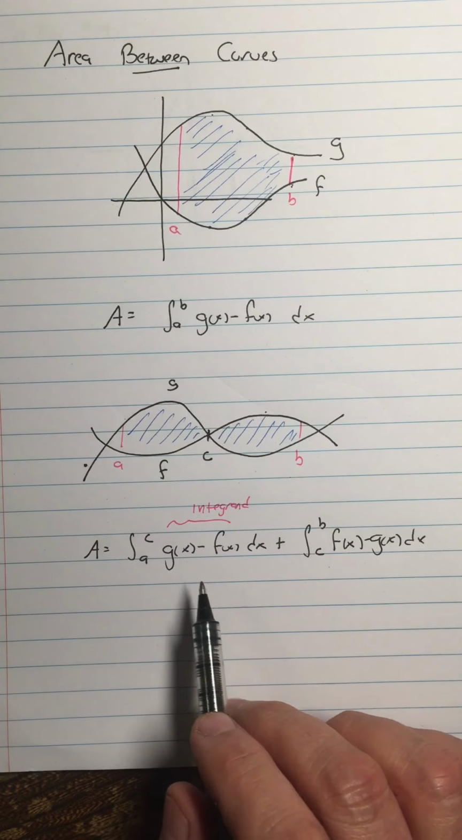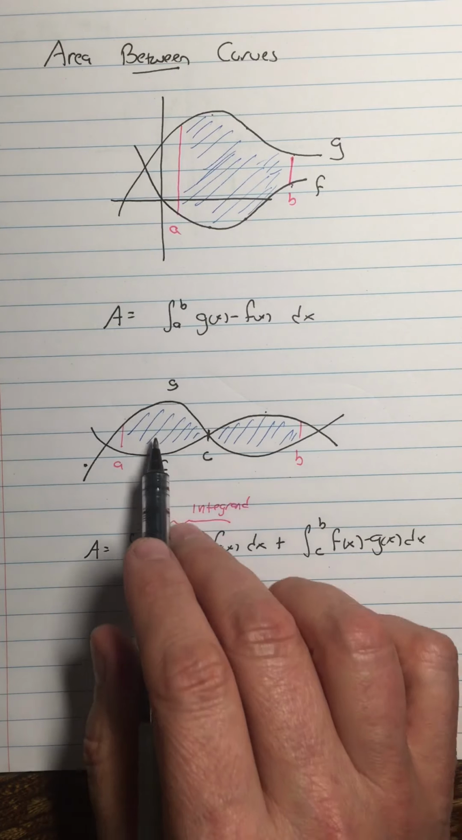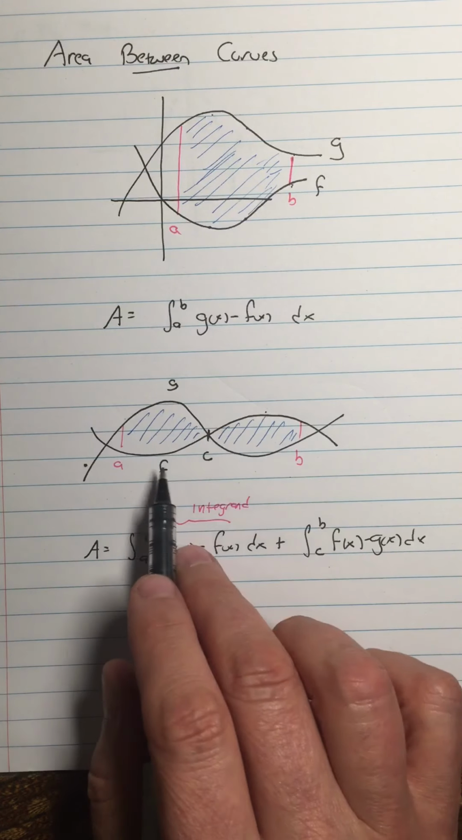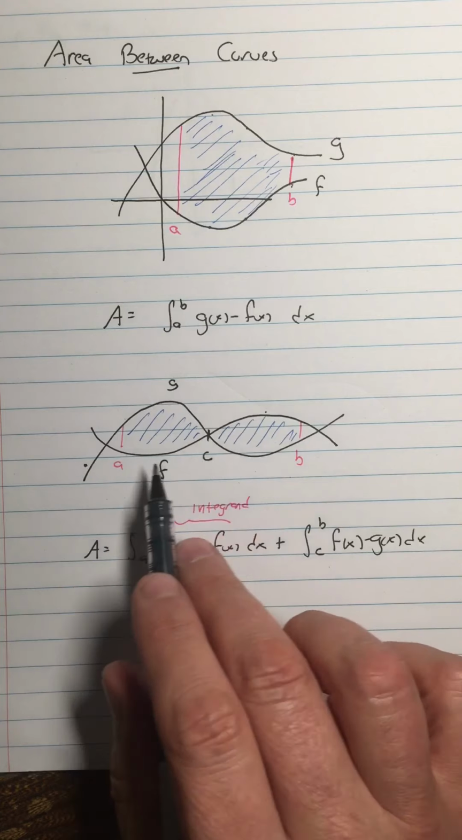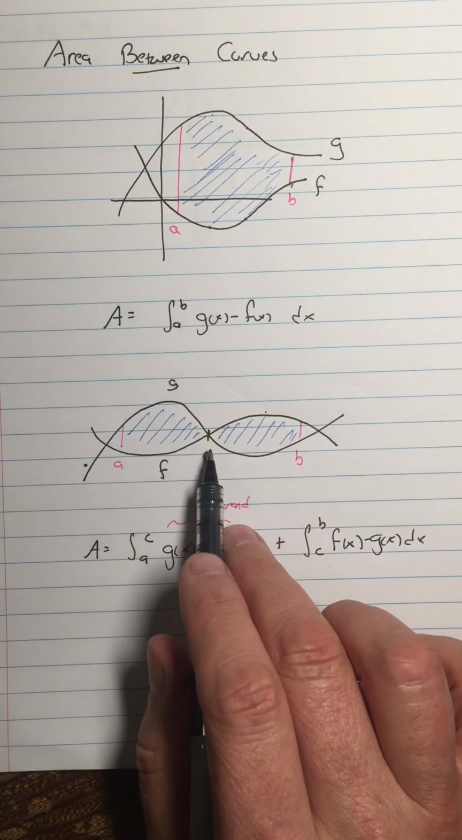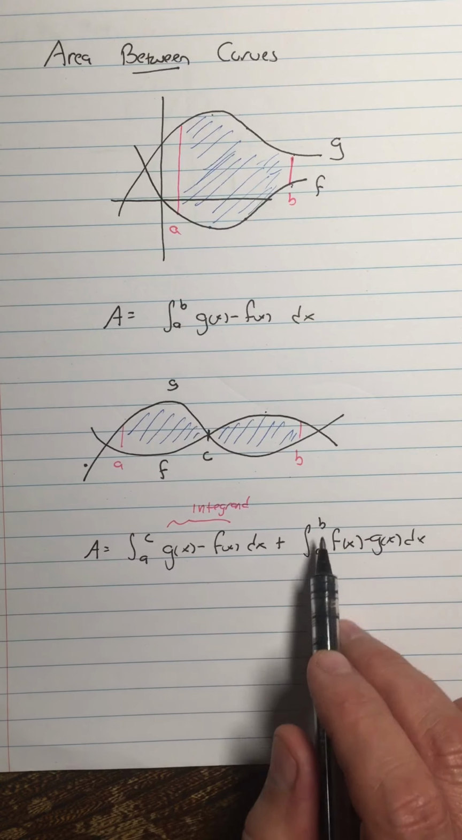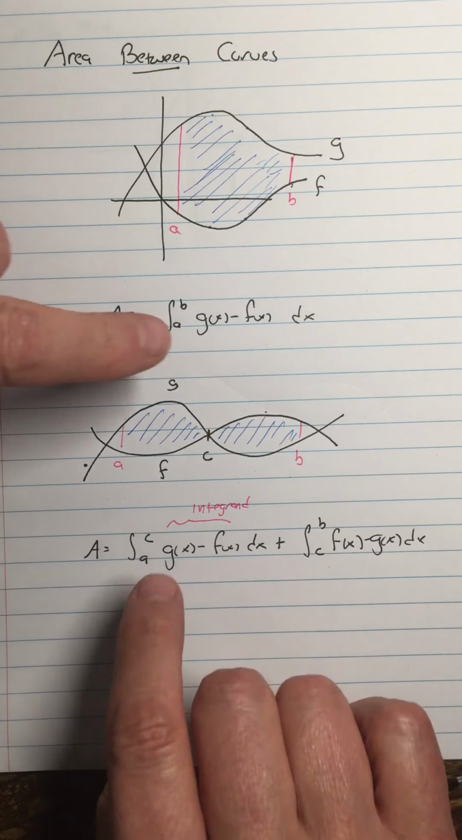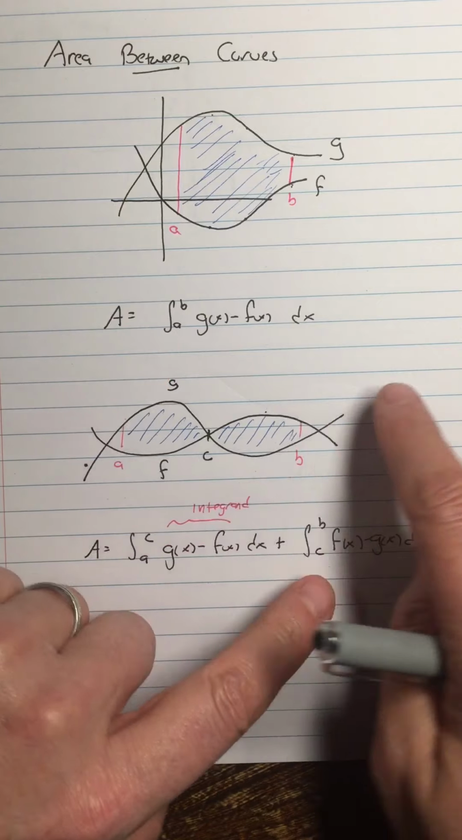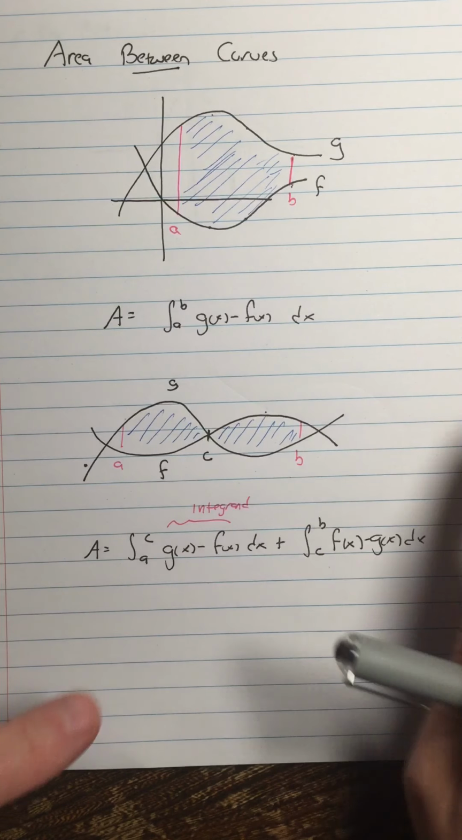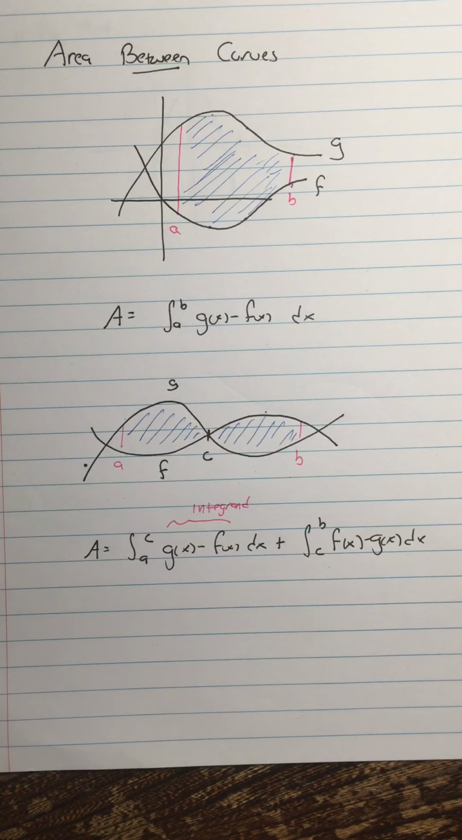Anyway, so if f and g change place, then I have to break up the interval from a to b. I have to break it at wherever point they intersect, and that gives me two separate integrals, one where g is on top and f is on the bottom, the other where f is on the top and g is on the bottom. And of course, if the functions change place multiple times, I have to make multiple integrals,